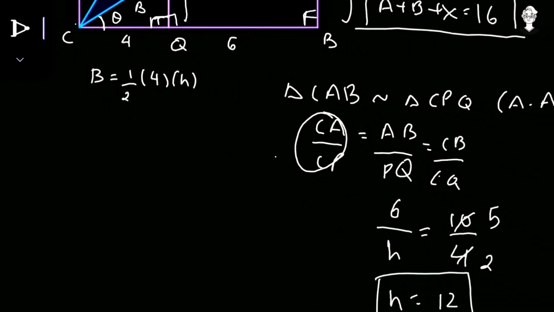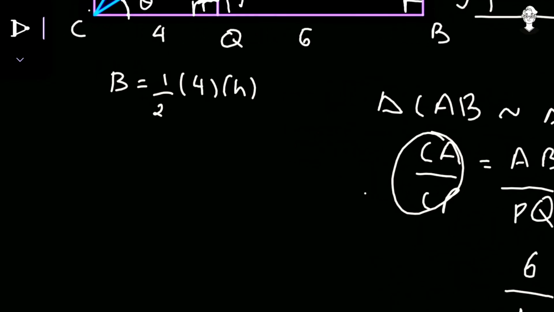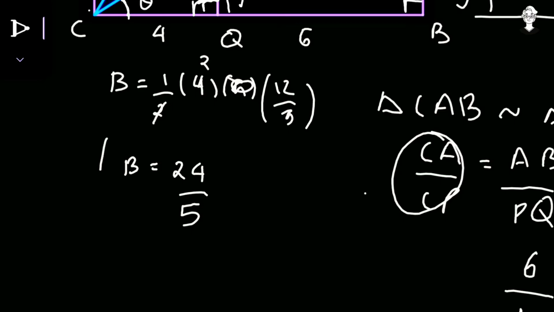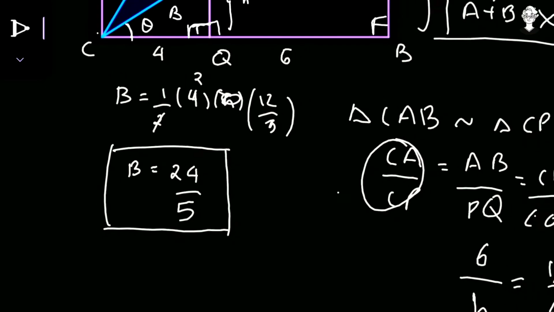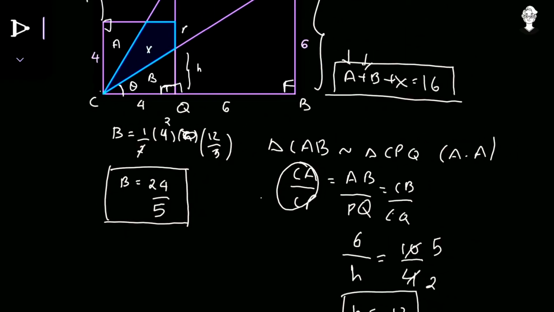So the value of h is equal to 12 upon 5. Instead of h, now we have 12 upon 5. From the table of 2, we have the value of b, that is 2 into 12, 24 upon 5. You just understand there is a unit square also. So the value of b has been calculated, 24 upon 5.